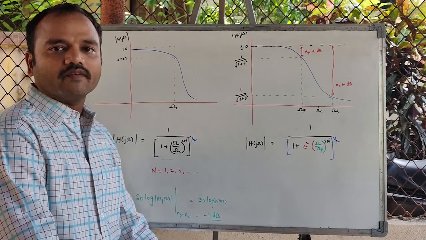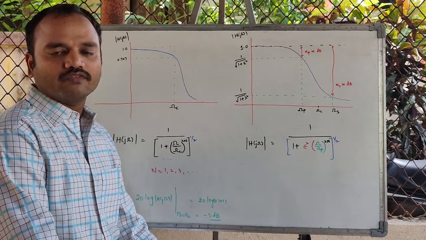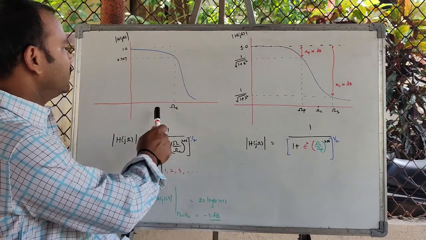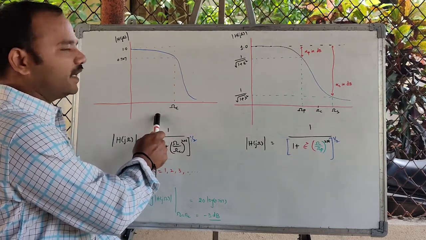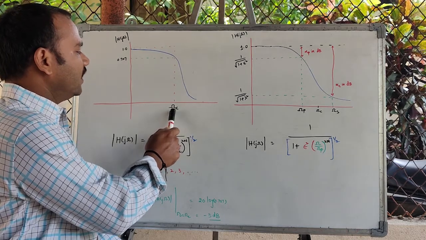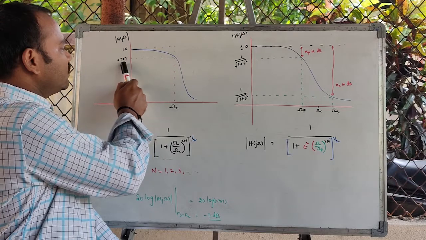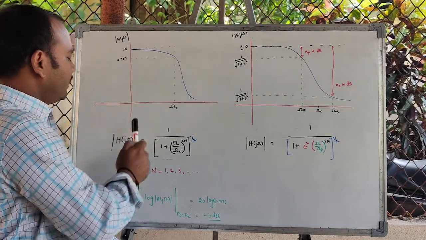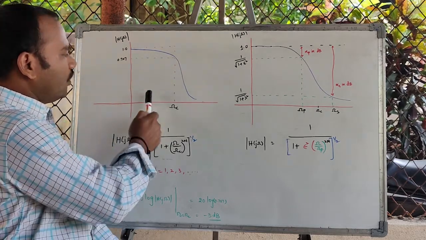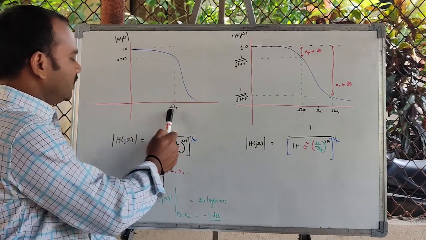In this lecture, I will explain to you about designing of the analog Butterworth low pass filter. This is the specification of an analog low pass filter with a cutoff frequency specified. At this cutoff frequency, the magnitude is 0.707. If we take the magnitude function of this particular analog low pass filter at cutoff frequency, we will have the